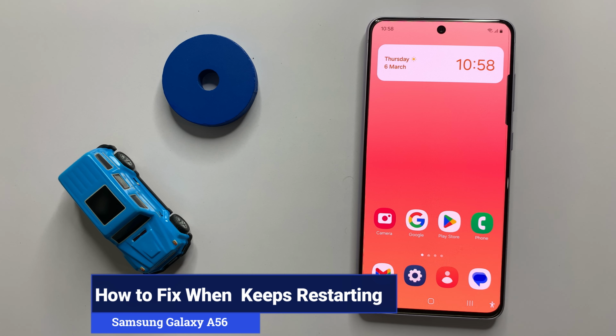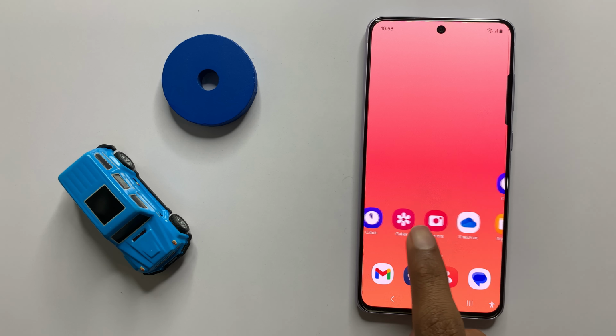How to fix Samsung Galaxy A36 keep restarting. So let's start the video. First of all,